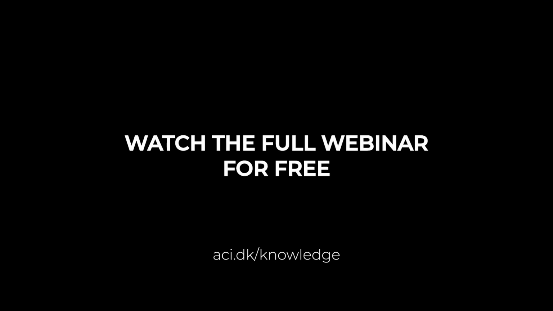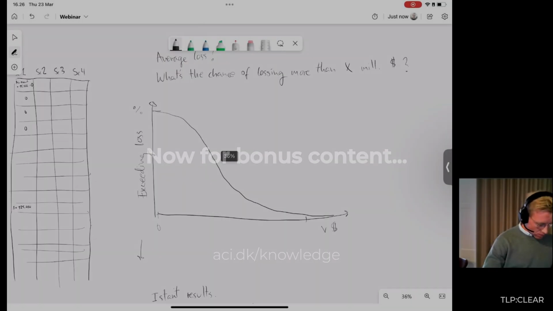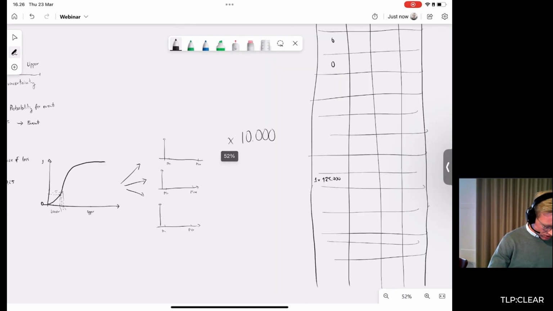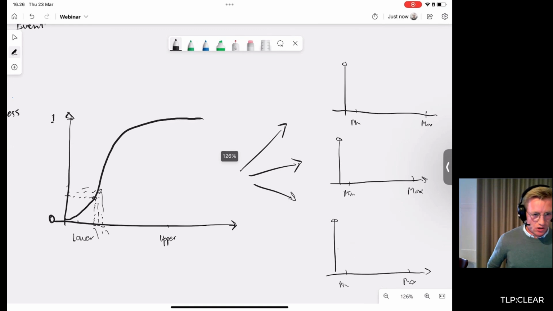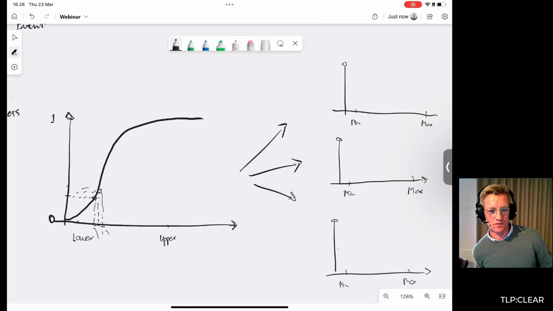So this was just a very quick introduction into what is Monte Carlo 101. What I would invite you to look further into is concepts like this translation that is called the inverse distribution, F inverse distribution. And there are lots of types. Right now, I just drew one that could be a normal distribution. You've heard about that, right? That's the bell curve. Log normal has a skewed body and fatter tail.